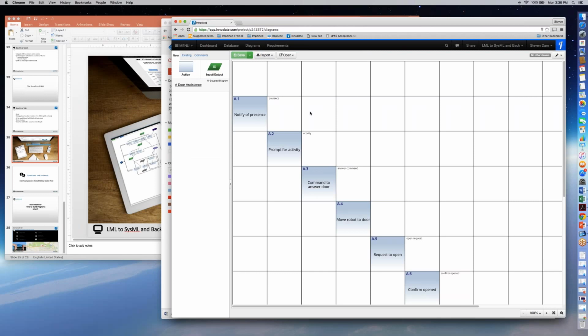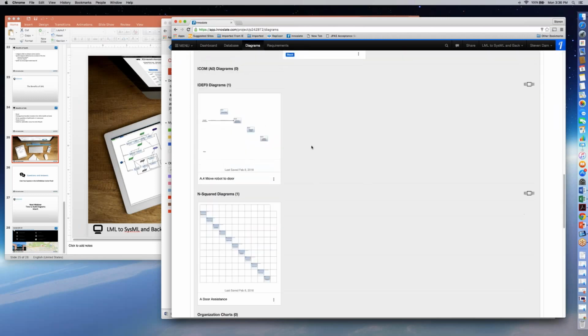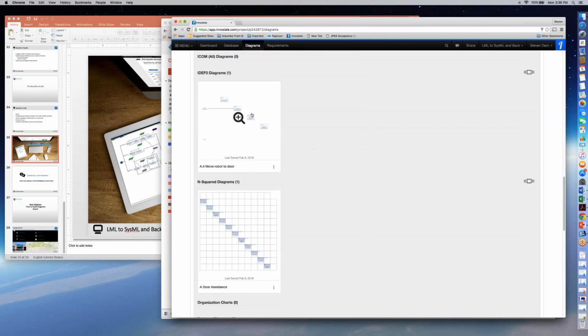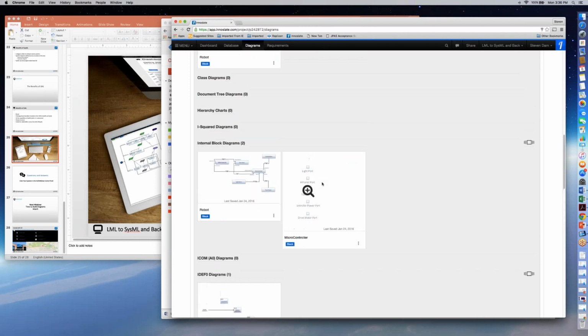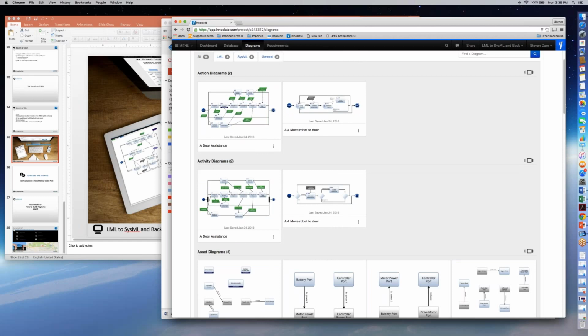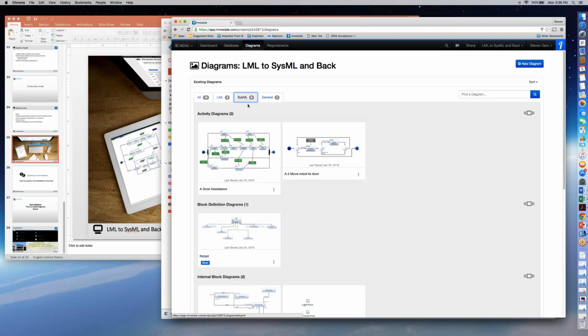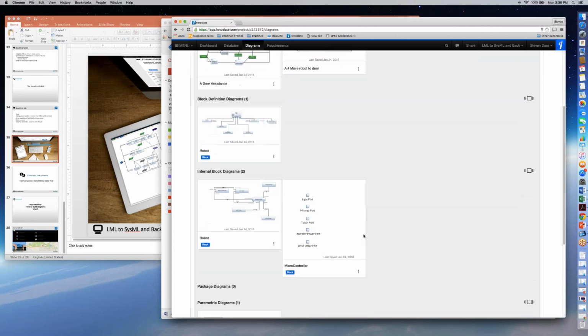The other diagrams that we have available, you can see the different ones. Now, by the way, these were not here before. This IDEF 0 and the n-square chart were not in that list before. You may not have seen that, but they weren't there. It just got added by the diagrams view. So if you want to just work in LML, there's an LML tab. Or if you say I really want to just work in SysML, I can have just the SysML set and